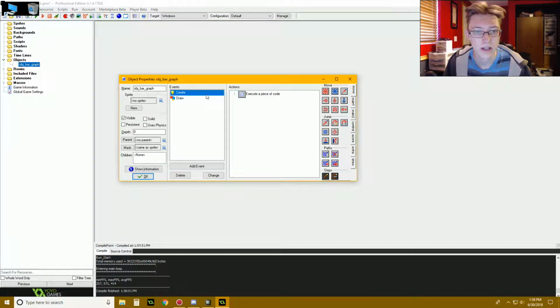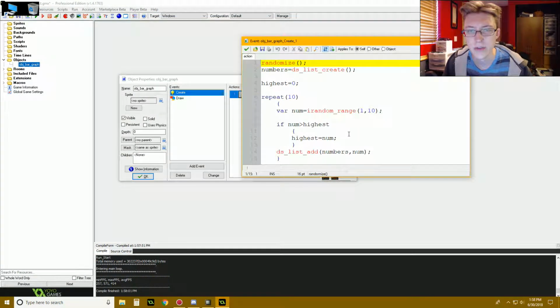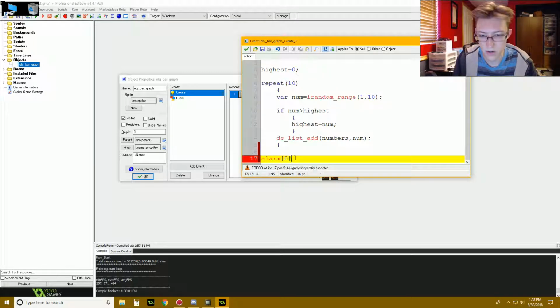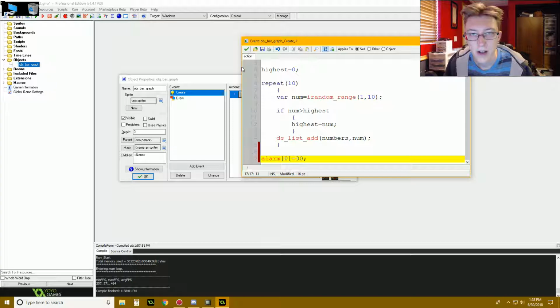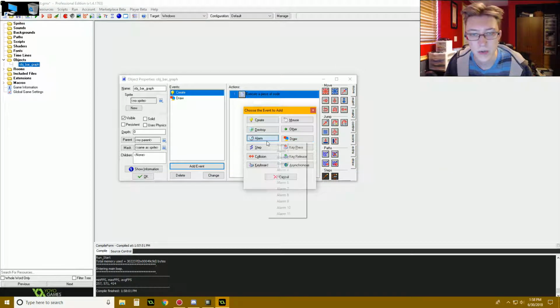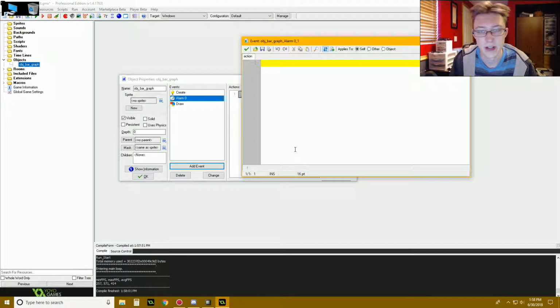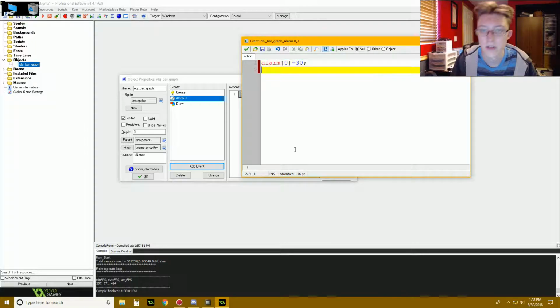The cooler part is, oh, you know what? Let's do this first. We can say alarm 0 equals 60. Actually, we have 30 FPS right now, so just 30. And that's in our create event. Let's make an alarm 0 event. And let's just say, first we're going to say alarm 0 equals 30, just to make sure it loops around